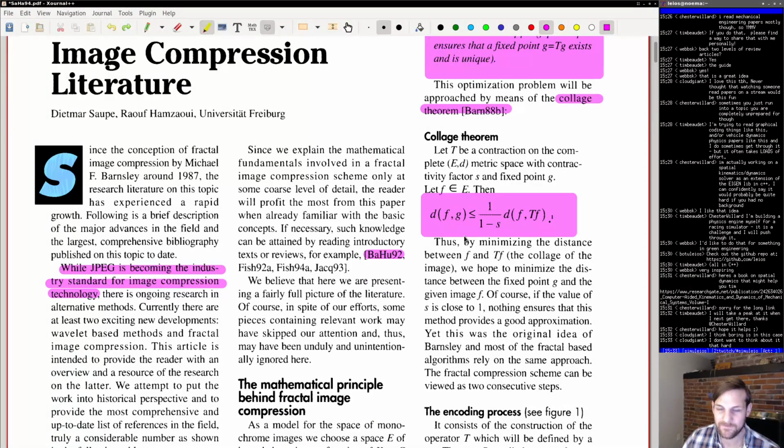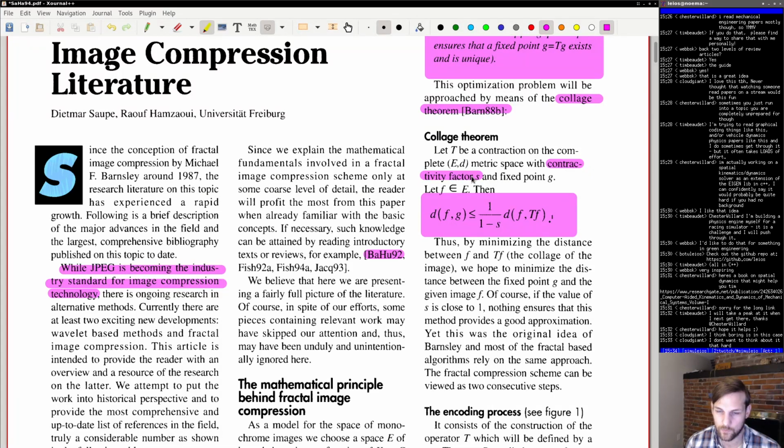So if d of f of g is less than 1 over 1 minus s, s here is your contractivity factor. That's how much you're smushing every time you do an affine transform. I have a video on affine transforms, but essentially a contractive mapping takes a square and transforms it into something smaller than that square, or the same size. So what we're saying is, if your contractivity factor is 1 or less than 1, then what you want to make sure is